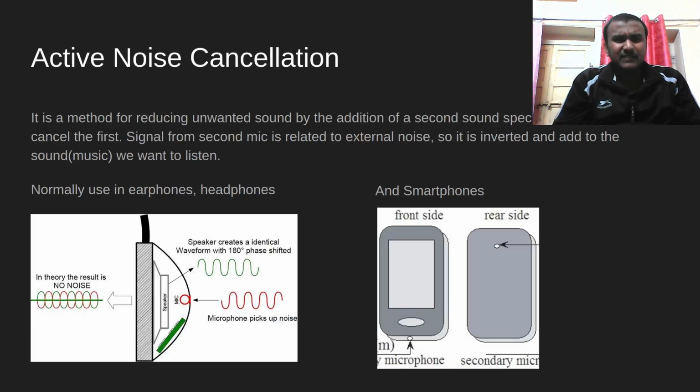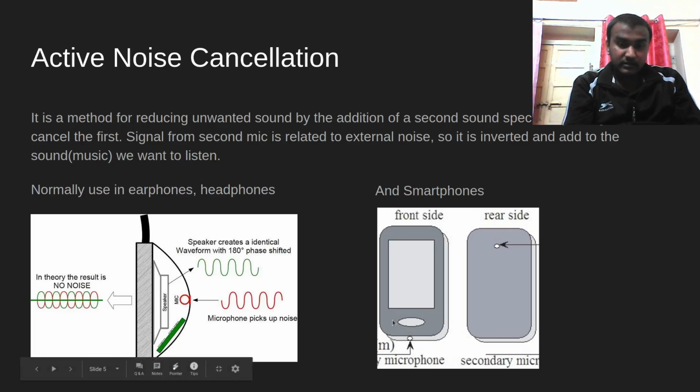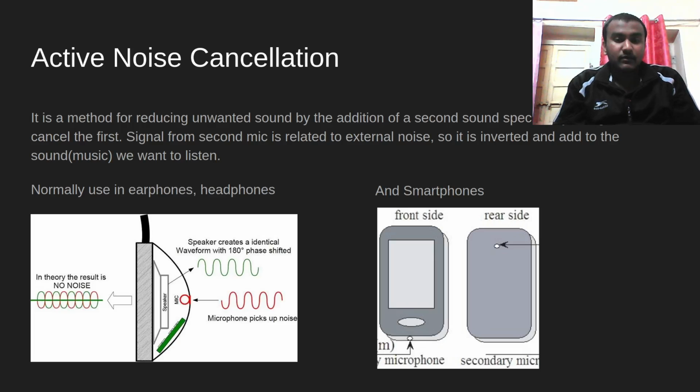So the second type of noise cancellation I am going to present is active noise cancellation. It is a method for reducing unwanted sound by adding a second sound specifically designed to cancel the first. The signal from the mic is related to external noise, so it is inverted and added to the sound we want to listen to. It's like there's some noise coming from outside, and when we wear a headphone, the outside